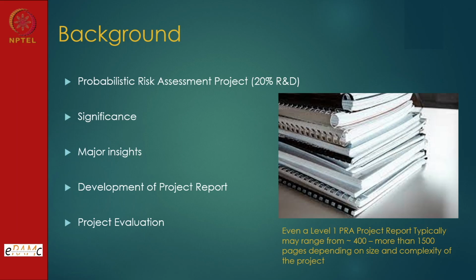We can say that if junk goes in, junk only will come out. So data, and especially plant specific data. If we are not using plant specific data, say at the design stage when the data is not available, you can do it with generic data, but then it should reflect in the uncertainty, and a robust sensitivity analysis should be done to bring in the impact of the data, so that efforts over the years can be implemented for collecting the plant specific data.